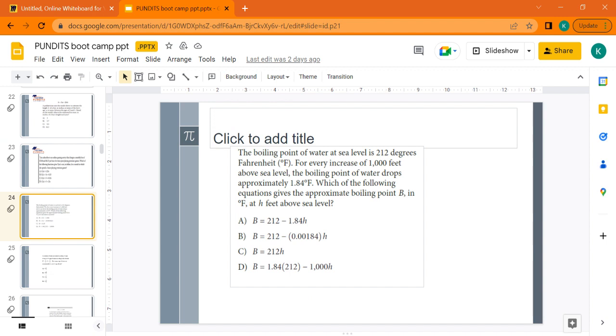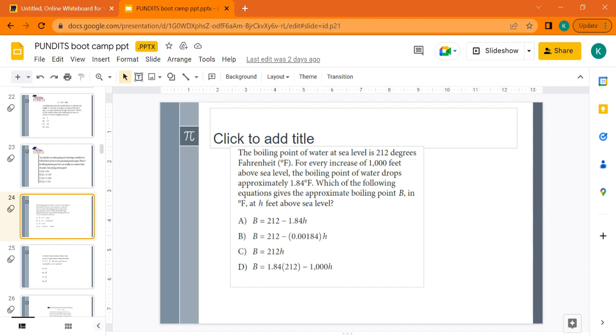Now, the question states that the boiling point of water at sea level is 212 degrees. This is the initial point, meaning the y-intercept is 212. The question also states that for every increase of 1,000 feet above sea level, the boiling point drops 1.84 degrees Fahrenheit. This is a decrease, so the slope is going to be negative, and they've given us a value of